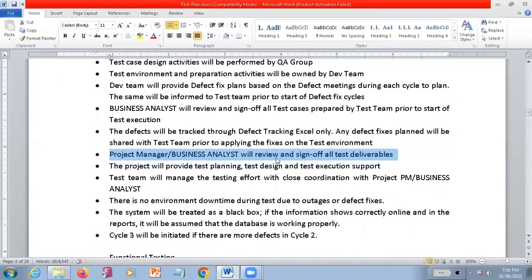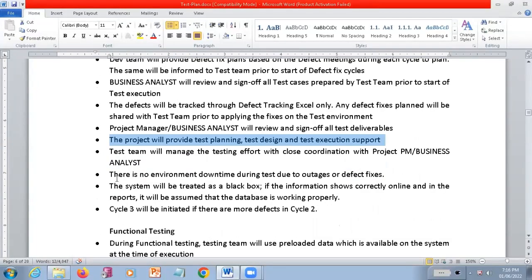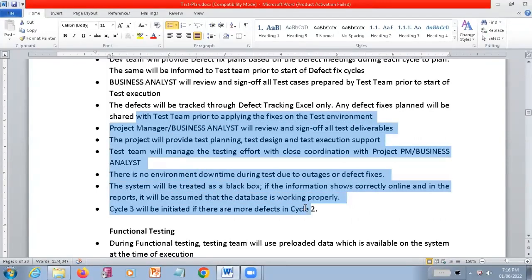The project manager or business analyst is going to be responsible for signing off all the test deliverables. The project will provide test plan, test designs, and test execution related stuff. Like this, there is no environment downtime during test due to outages or defect fixings. Such kind of things will be there.